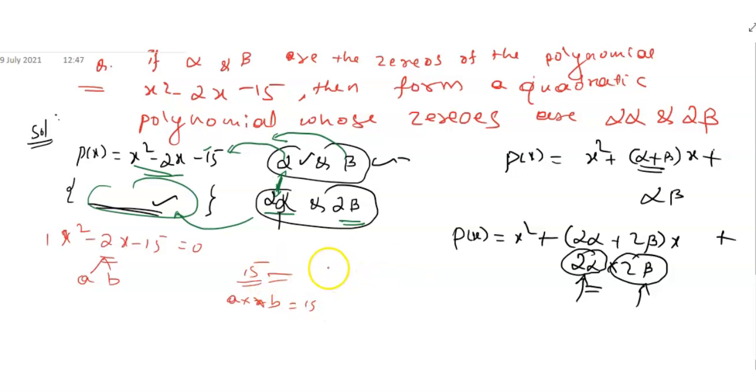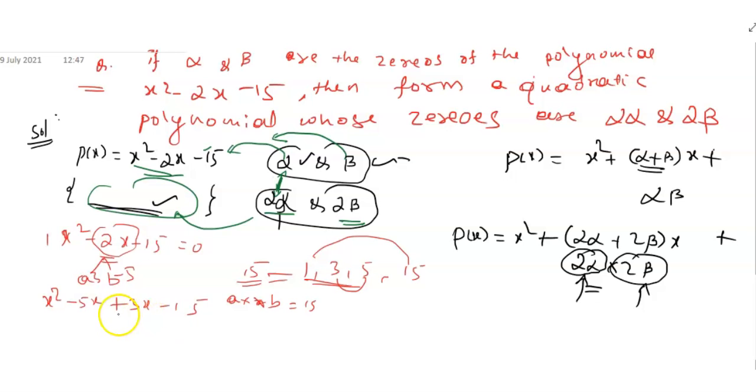Let's write out the factors of 15, that is 1, 3, 5, and 15. These are the only ones. If you take 1 and 15, you don't get the middle term. If you take 3 and 5, you will get that. Okay, x square minus 5x plus 3x minus 15, because of the sign, the bigger value of 3 and 5 takes minus.